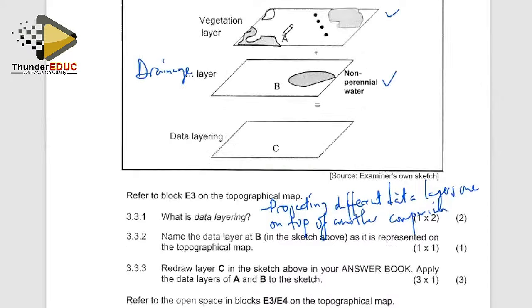Right. Redraw layer C in the sketch above in your answer book. We want to now show this combined, A and B. We want to put them layered. So we're going to take this feature, take this feature, take this one, and take this one, and put them together. I cannot be as precise, but I just try to give you a sketch. This is the feature to the northwest, to the northeast, like that. Then you take this,